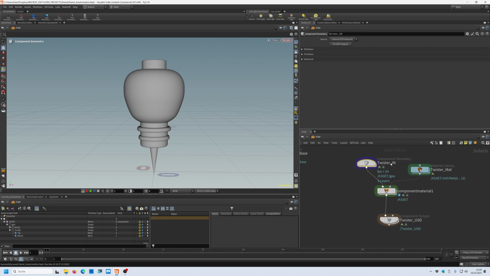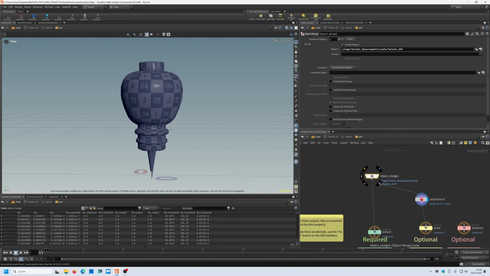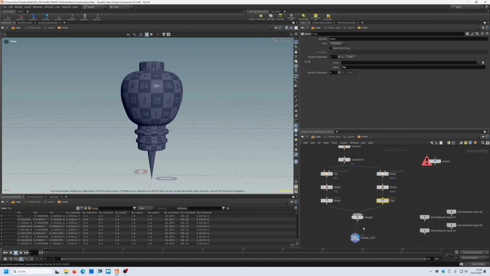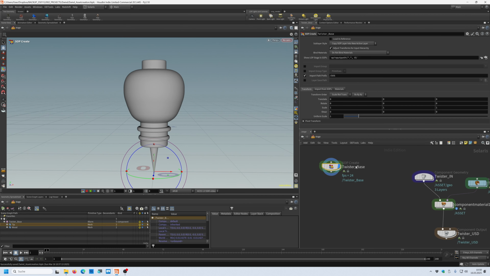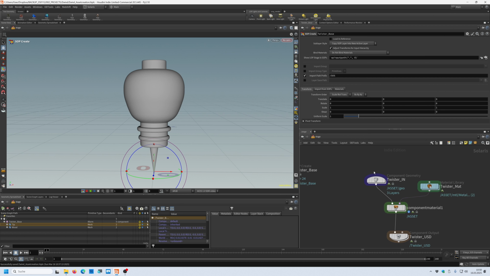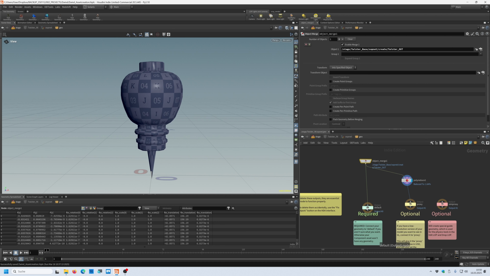What I did here in the component geometry node, when I double click inside, here is my object merge. So it picks up the twister out from the subcontext, this twister out. So whenever I make some changes in the model here in this subcontext, it will be automatically updated here. The connection goes to the output default. And then